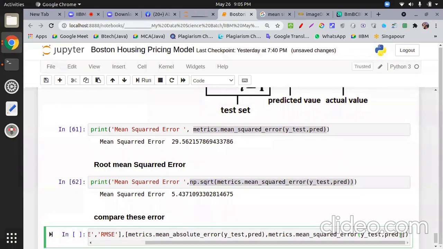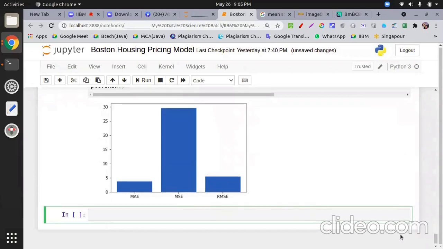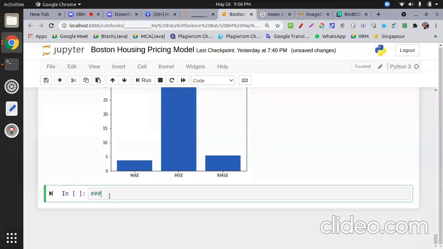This is list of x value, list of y value, then plt.show(). Check this thing. For a given model, these errors show you visually. So that's the raw model, without doing any lots of effort, without making any complicated thing. We created this one here. Now what we can do in the regression model using data preprocessing.